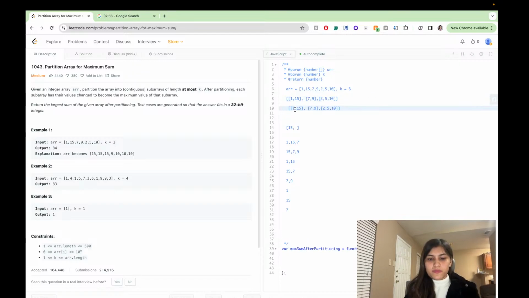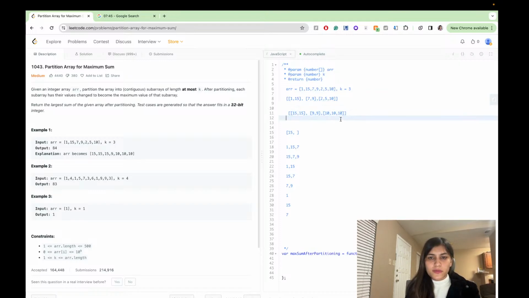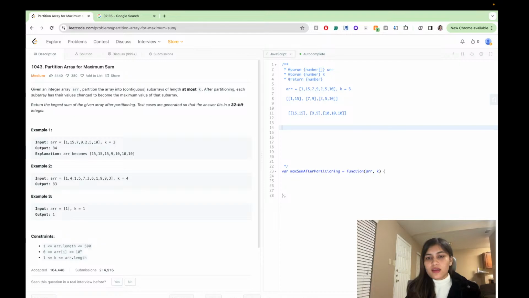Then each subarray's values will be changed, right? 9, 9, and it can be 10, 10, 10, right? This can be the case, but I need to return the largest sum of the given array after partitioning, right? This array, I need to return the largest sum. So it means that I need to partition it in such a way that,